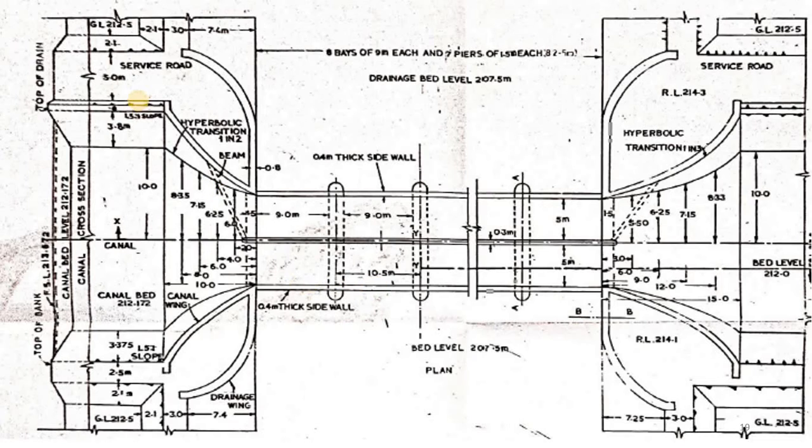Now, as mentioned earlier, several sections were provided. Section 1. So in this figure, this will be the section 1. This will be the section 2. This will be the section 3. This one will be section 4. That is, before the section 1, the canal cross section will be trapezoidal.